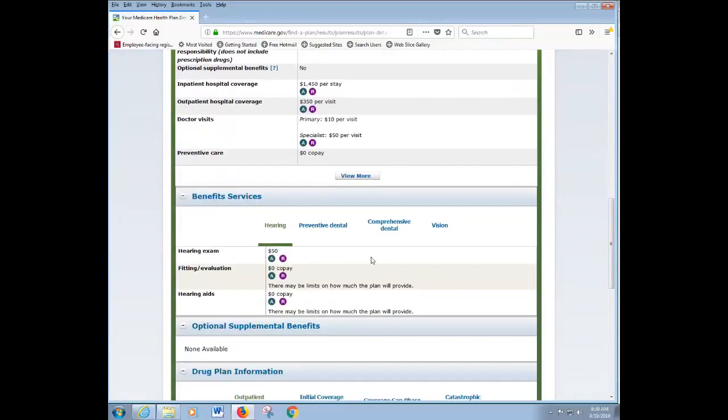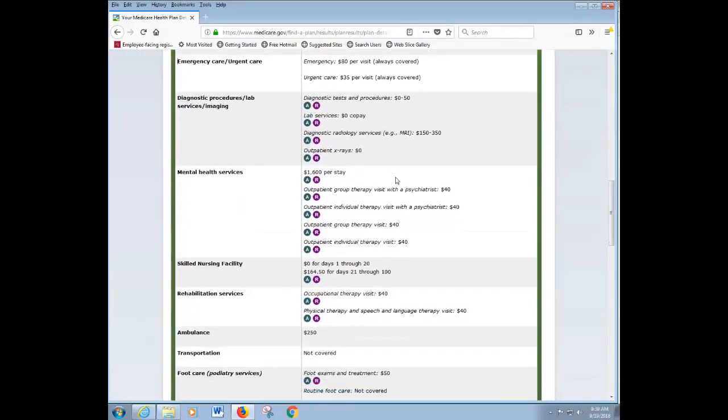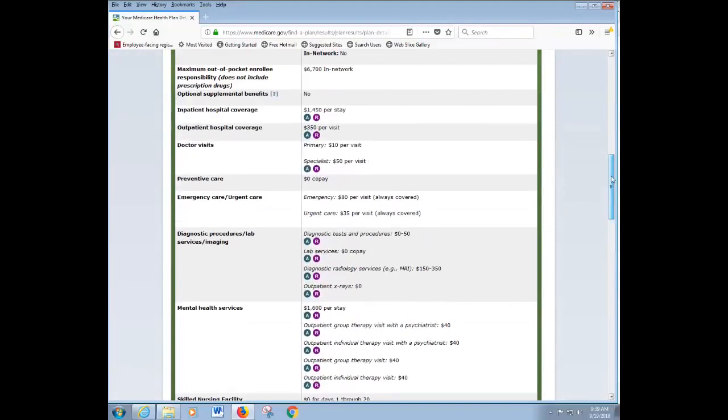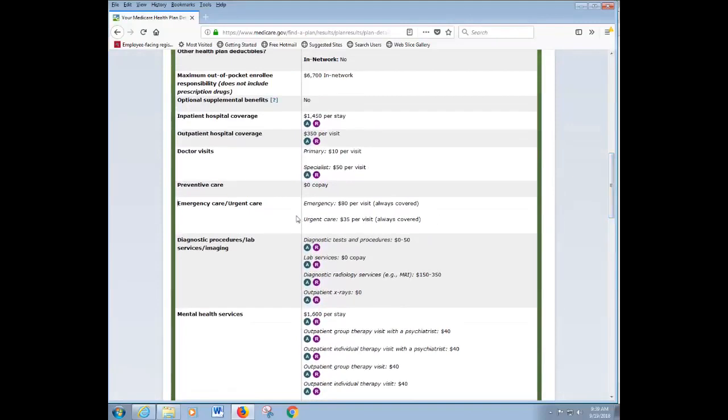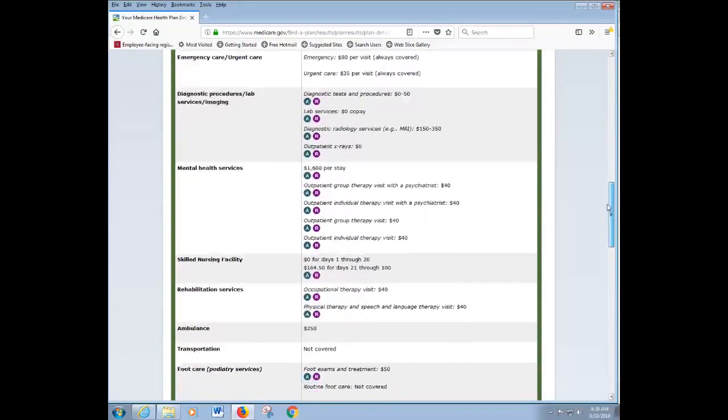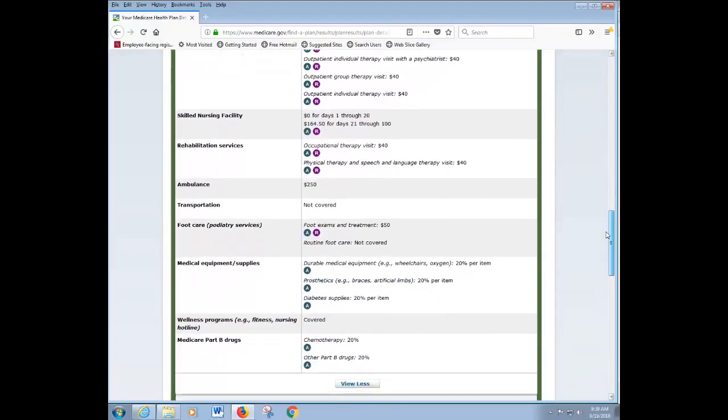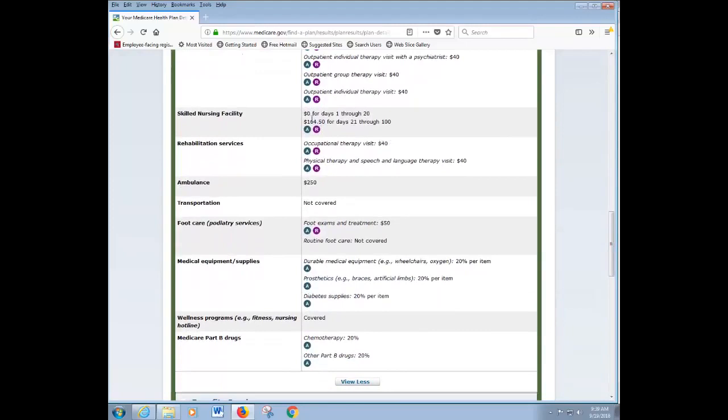So we mentioned that, well, before we go on, you can expand that list by viewing more details. And here are emergency copays, diagnostic copays, mental health, skilled nursing, and this is interesting. So this particular plan stays similar to original Medicare. Days 1 through 20 are at zero copay, and then for days 21 through 100, it's at $164.50. You can see the ambulance ride will cost them $250,